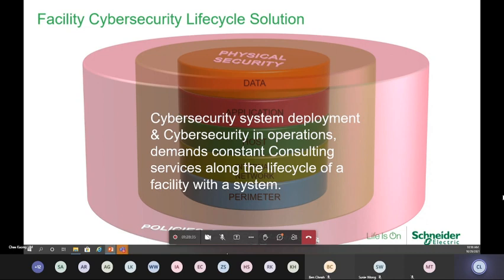So what we are trying to say here is that anybody who is addressing cybersecurity itself, you need to look at a partner or a cyber specialist that you can work with long term, because your facility could run 20, 30 years. You need to have a family doctor when it comes to this threat itself.